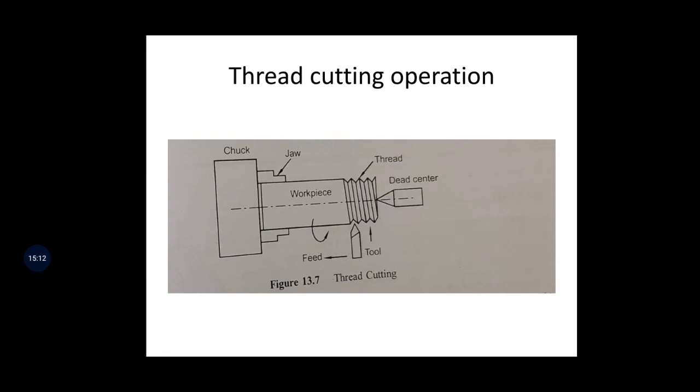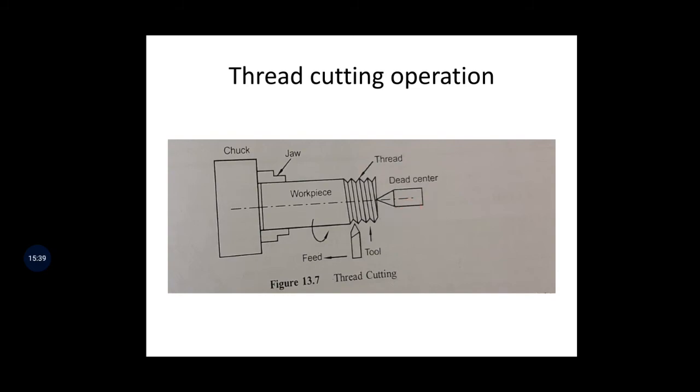workpiece. The speed of the spindle in thread cutting is less. Here the speed is very less, not the general normal speed of, say, 500 rpm. You have to use less speed by using gear ratio. So you first have to calculate the gear ratio, then find out how much speed you have to set. Hence the speed of the workpiece should be initially adjusted.